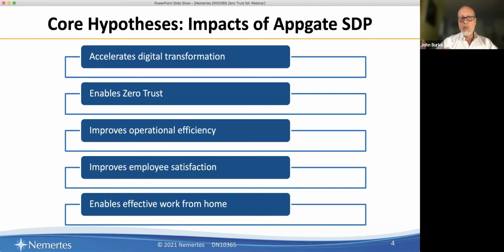Looking at whether Appgate made it possible for people to pursue zero trust in their environment. That was one of the foremost things we were looking to establish, that this would be a gateway to zero trust implementation in a lot of environments. So we formed hypotheses around it would accelerate zero trust, it would make zero trust implementation easier, more consistent, broader across the environment. And lastly, or firstly, if you're looking at this list, that deploying Appgate would in some way